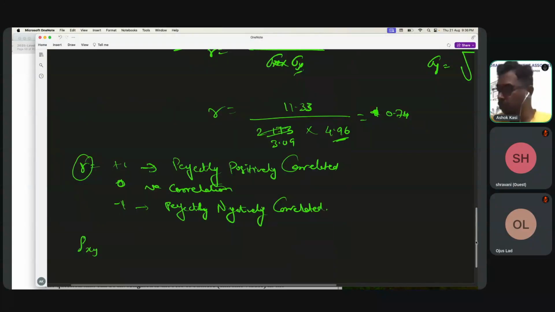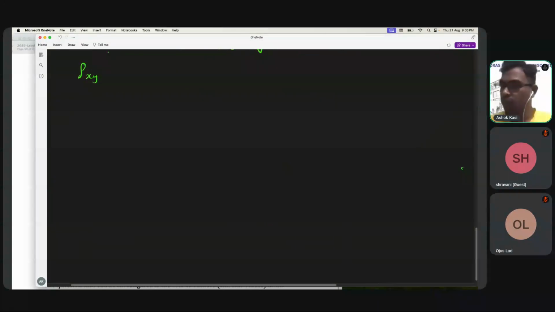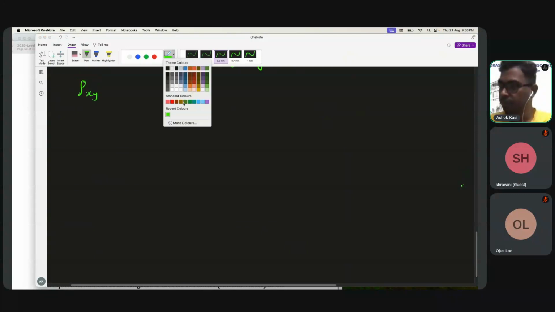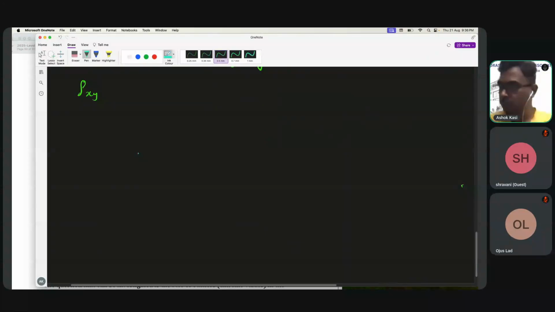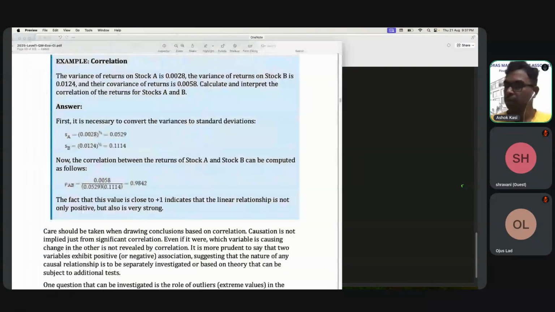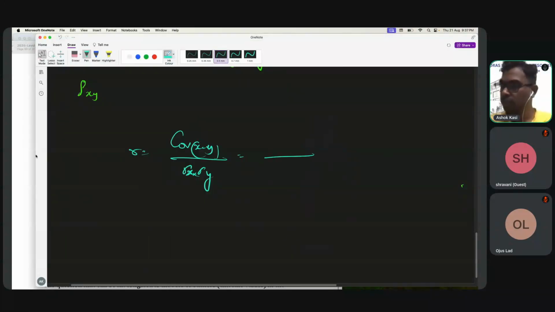So correlation requires covariance divided by standard deviation of x into standard deviation of y. So this is variance. So if I take the root of variance, I will get standard deviation. Covariance is already given